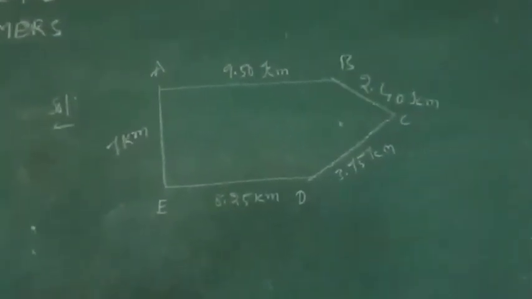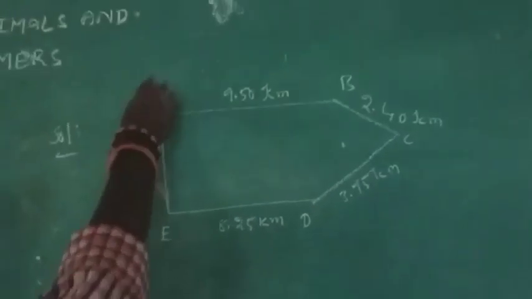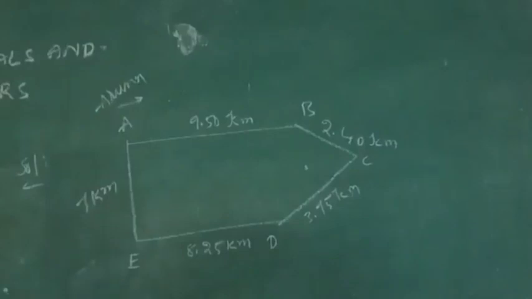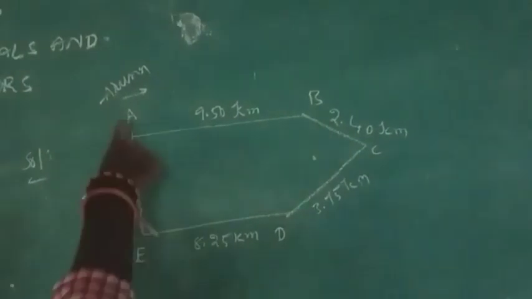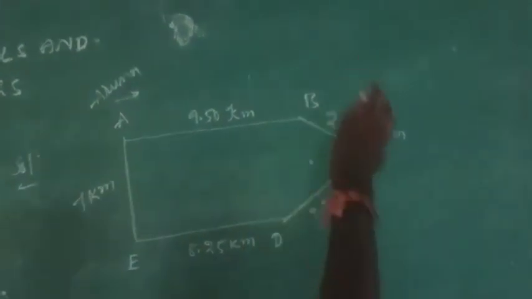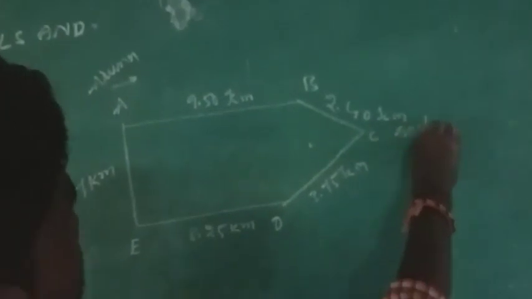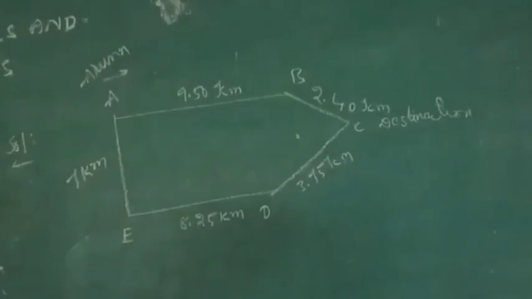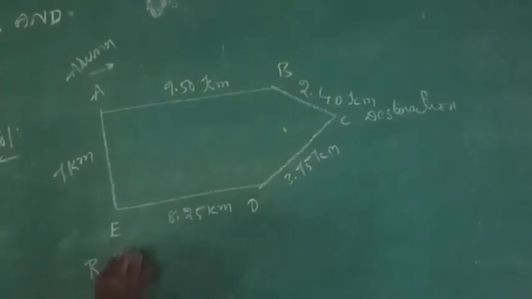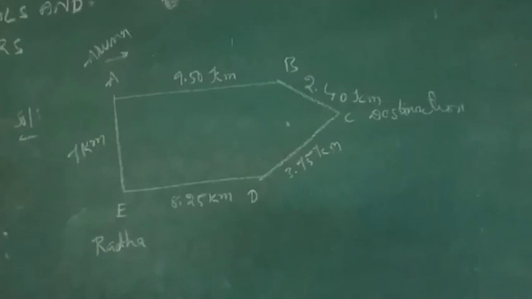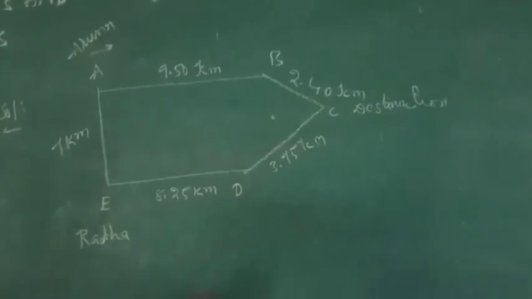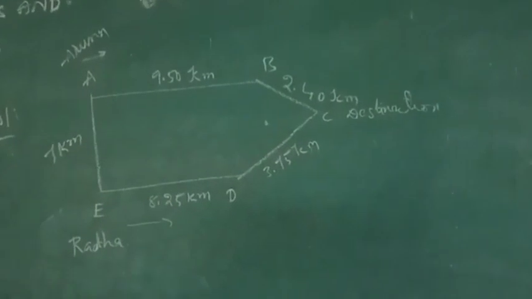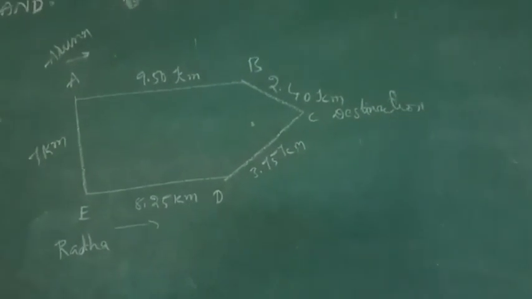See, Aruna and Radha started their journey from different places, A and E. Aruna chooses the path. See, Aruna started from here, walking A to B, then again B to C. This is the destination, right? Again, what is Radha? Radha started walking, chose the path from E to D, and then this is also the destination, same only. But who traveled more, we need to find out. Means addition you have to do.